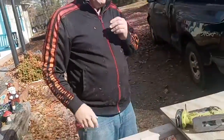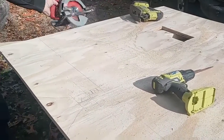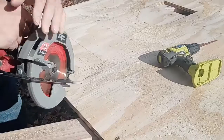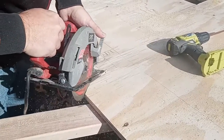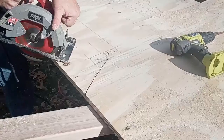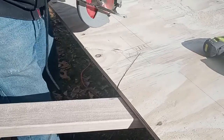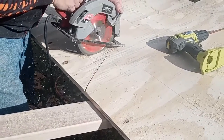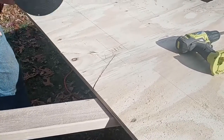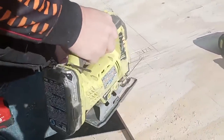Okay, now we've got to cut this end over here. Generally, what I would do, so I know that I'm going to cut this so that I can get it behind. That you can't get it in one piece without cutting the pipe off and all that. That allows me to have the ability to take this